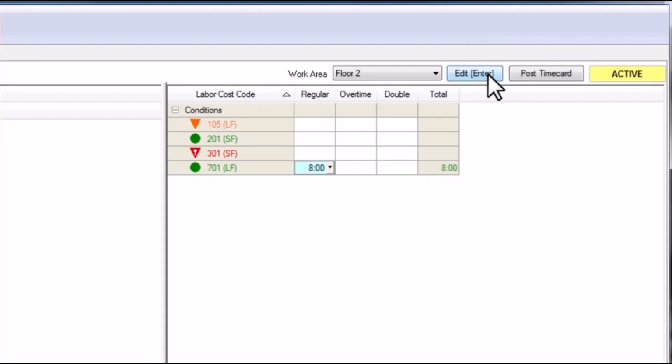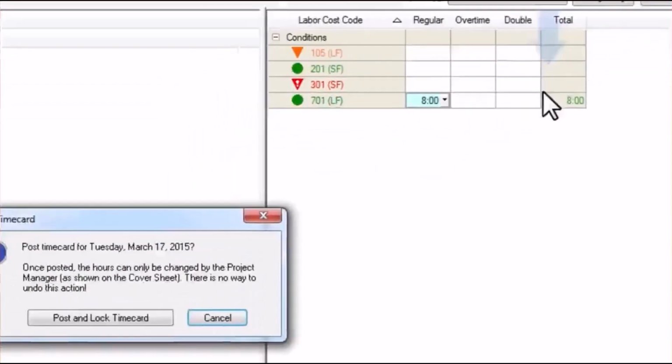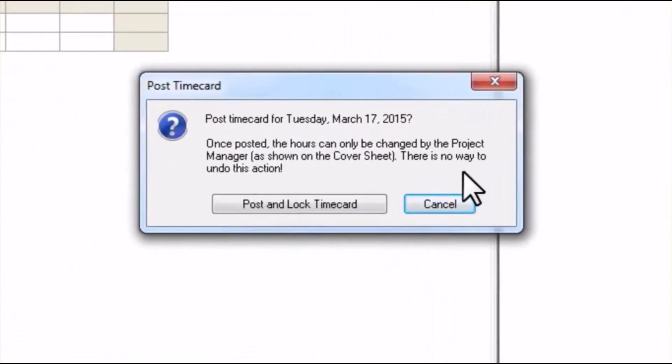Once all employee time has been entered here, that time card can be posted. This process is usually done by the foreman. As you can see, after the time card has been posted, it is locked and can only then be updated